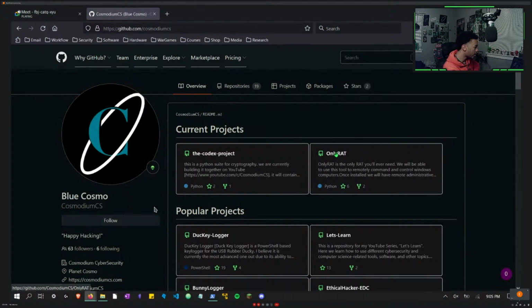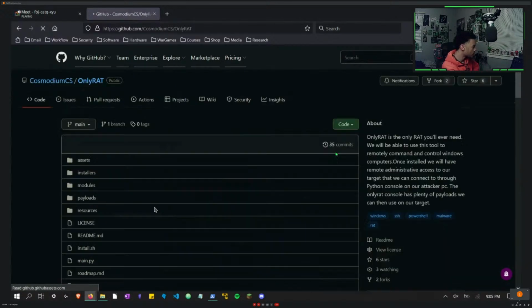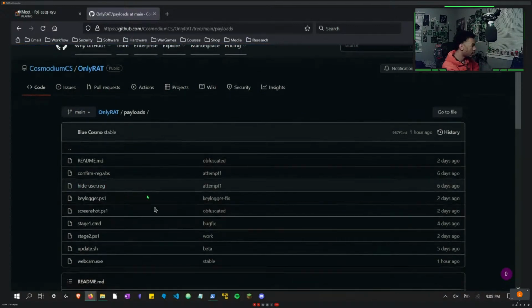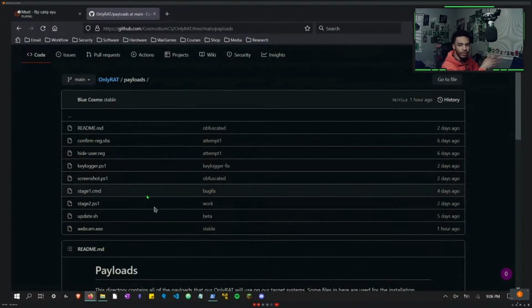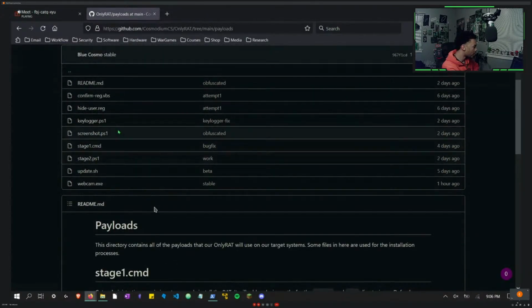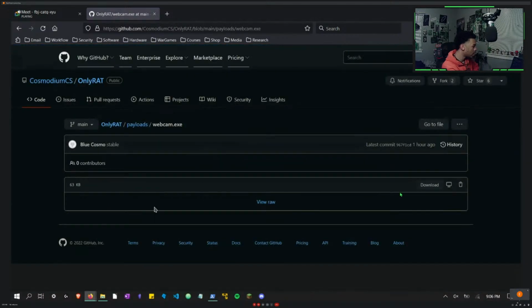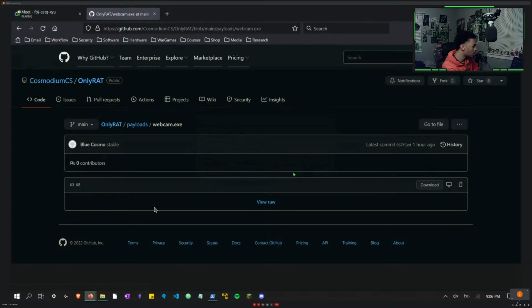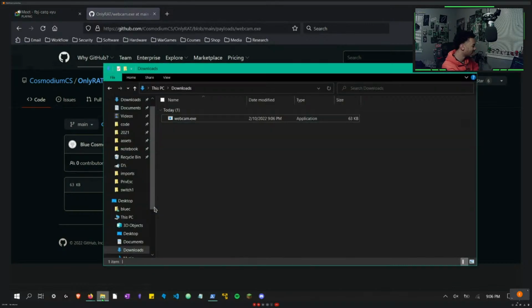Yeah, so if we go on like only rat, and then we go onto our payloads and get the payload. I know the view of the laptop is going to be a little delayed by like 1 second or so, simply because it's on a call thing or whatever. But yeah, if we go on the webcam.exe and download and save this, we'll have the